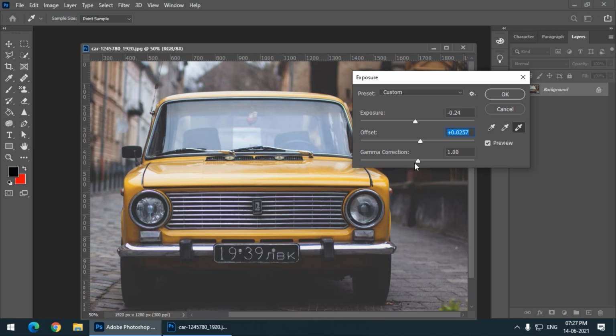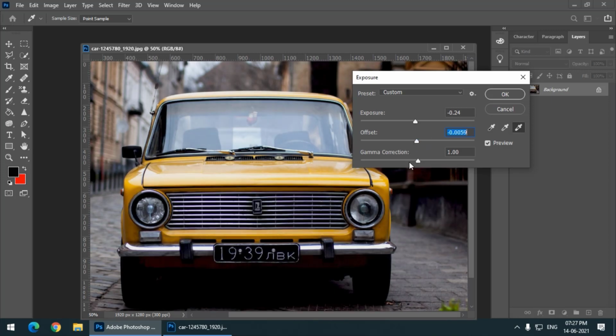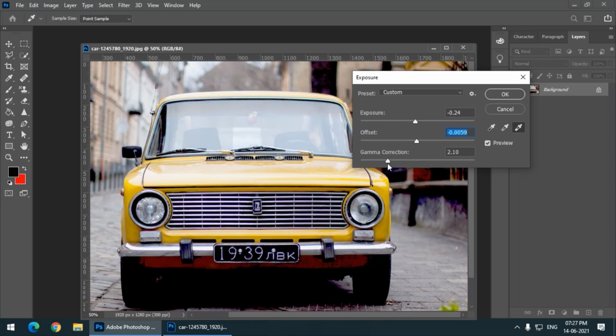And again, gamma correction: the pixels which are darker, it will make them bright, as we can see. But it is not affecting the darker areas, it is affecting only the pixels which are brighter.